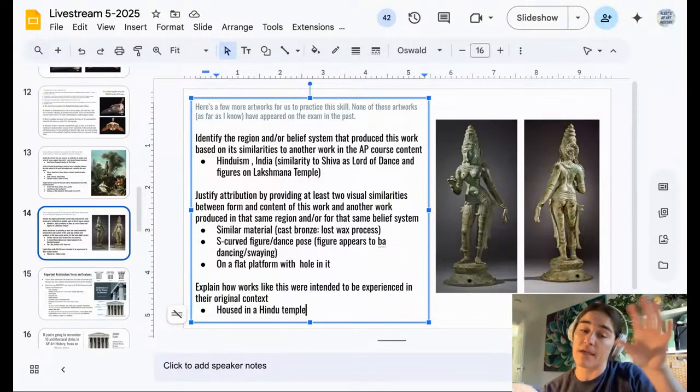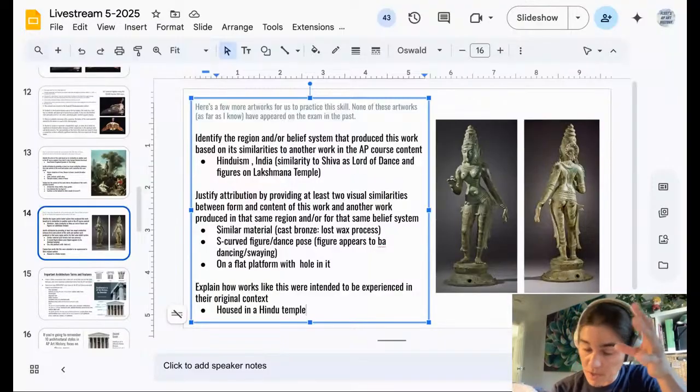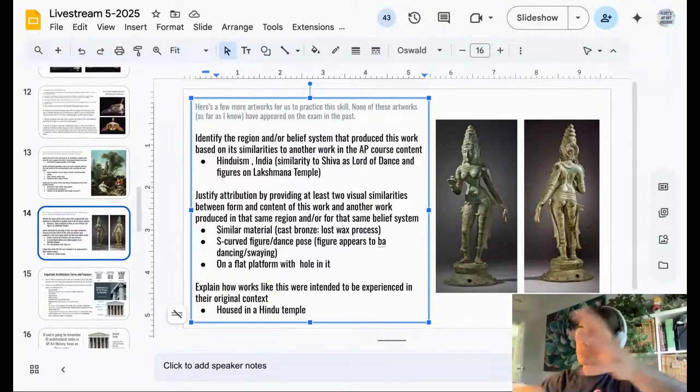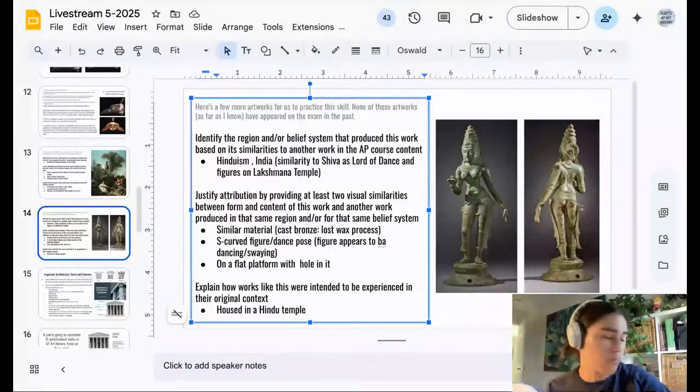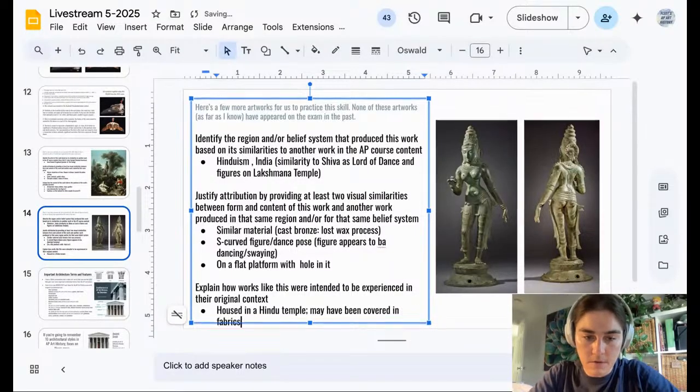Because remember, in Hinduism, these sculptures are thought to be a manifestation of the god itself. So they're considered really important. So you're going to give them offerings. You're going to festoon them with various things, right? So they may have been covered in fabrics,